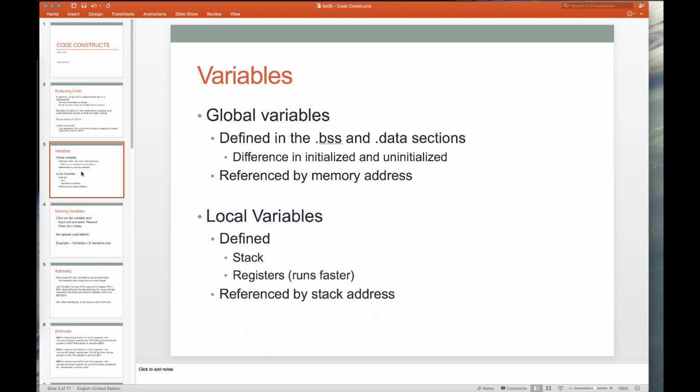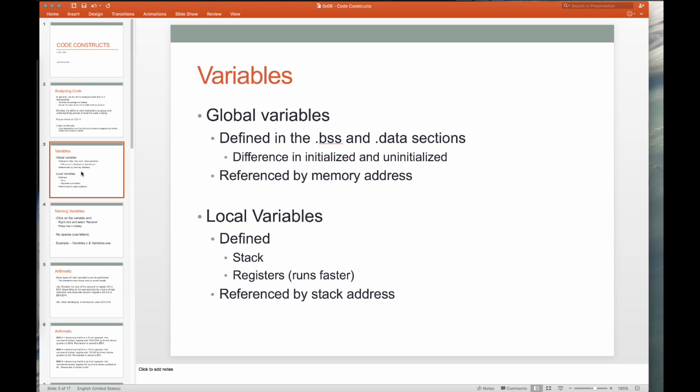And so if you think back to your assembly class, you chose what section based off of whether you needed to initialize a variable with data or you did not need to, and you wanted it uninitialized. And there's a performance impact on the two. What we'll see with IDA then is that those globally scoped variables will oftentimes be simply referenced by a memory